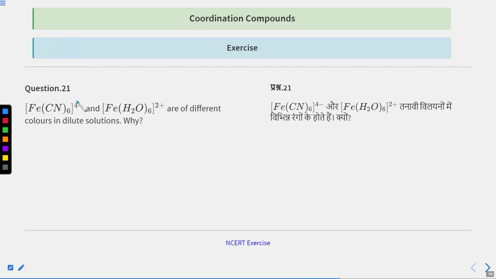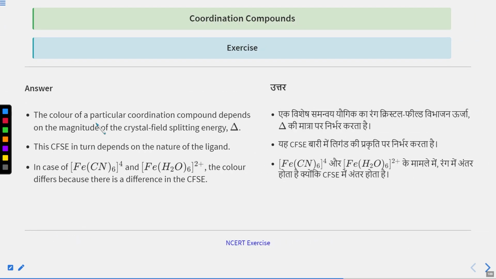Next, [Fe(CN)6]4- and [Fe(H2O)6]2+ are of different colors in dilute solution. Again, the reason is the same: CN- is a strong ligand and H2O is a weak ligand. So this will result in two types of configuration, hence the color is different. The color of a particular coordination compound depends upon the magnitude of delta, the CFSE, which in turn depends upon the nature of the ligand, as I have told you. And since CN- is a strong ligand and H2O is a weak ligand,